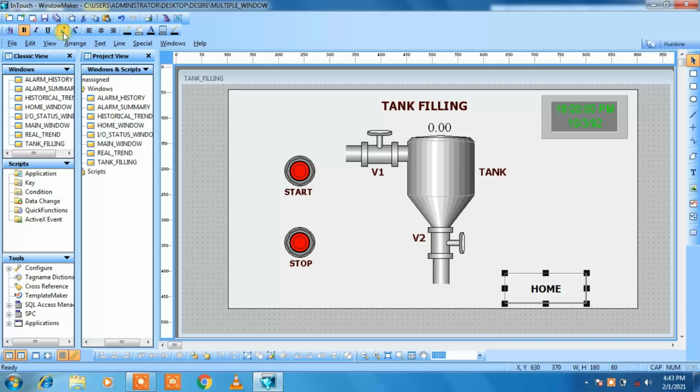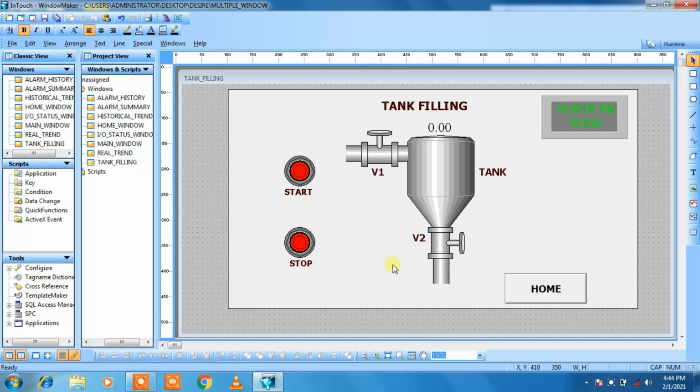This is all about the graphical representation for the tank filling window. As you know, we have to write the script for this program.